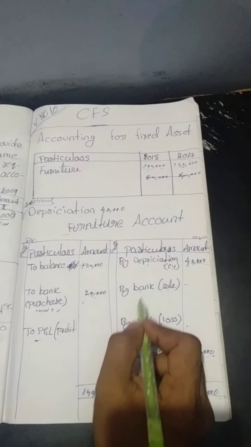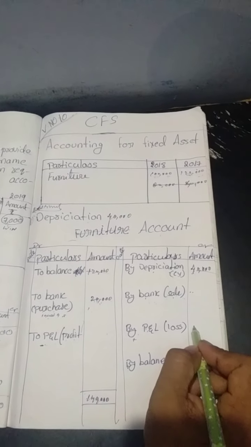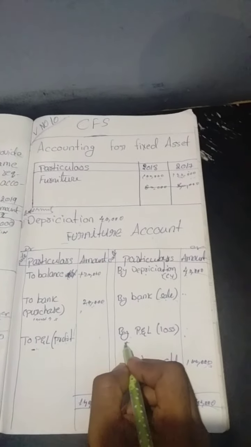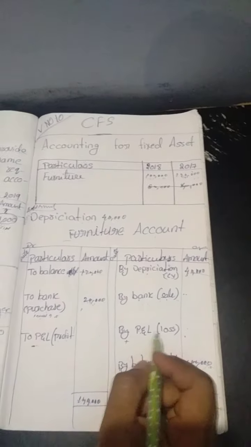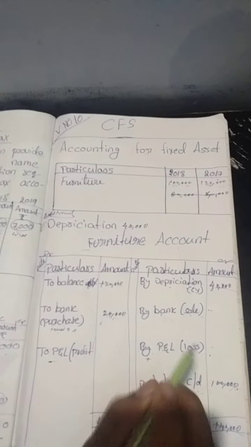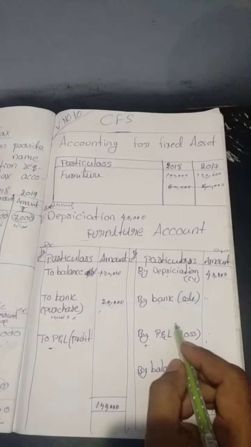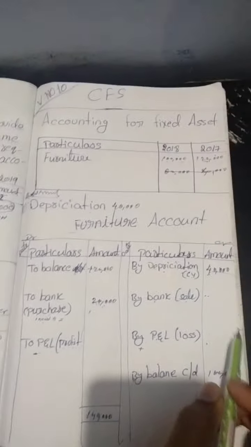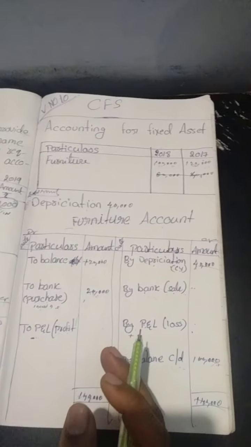In sales, if there is any loss, that loss amount we will show here, and we will add this loss in the operating activity. In the operating activity, before the working capital change heading, we have to add this amount if there is any. And only one will come here, either profit or loss. If loss comes, we will add it there, and this amount will be reduced in the sales. I hope you understand these things, and tomorrow we can solve a problem with this, then you will understand more. Thank you.